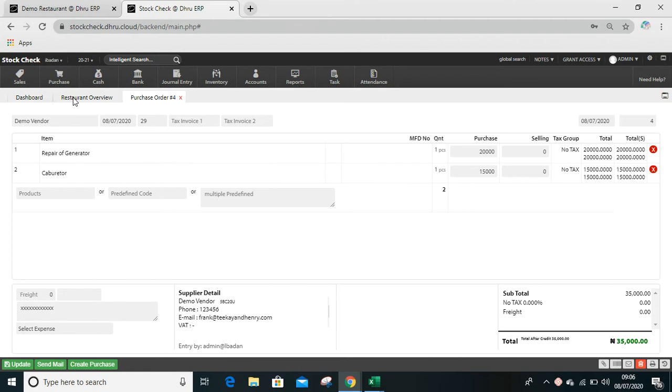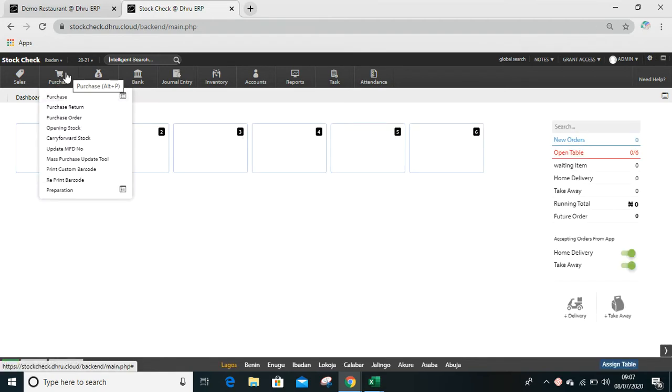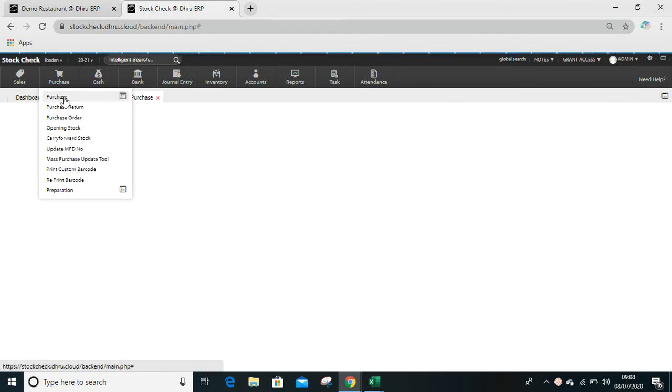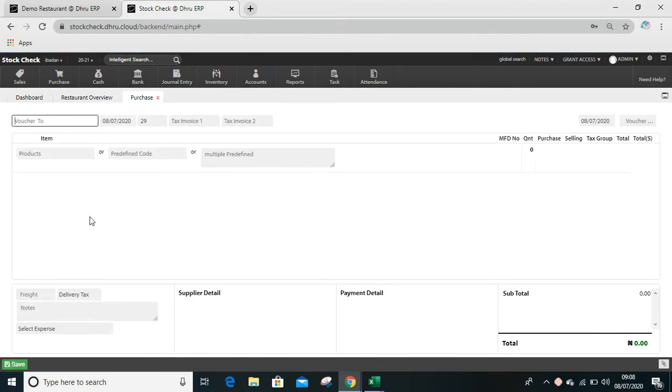Now, in creating purchase bills, you hover over purchase, and then you can find your purchase, which is the first item listed there, and we can see that the interface is the same as the purchase order. So the question you want to ask yourself is, am I creating a purchase bill afresh, or do I want to copy a previously created purchase order and convert it to a purchase bill? If you want to copy a previously created purchase order, then what you have to do is to locate the